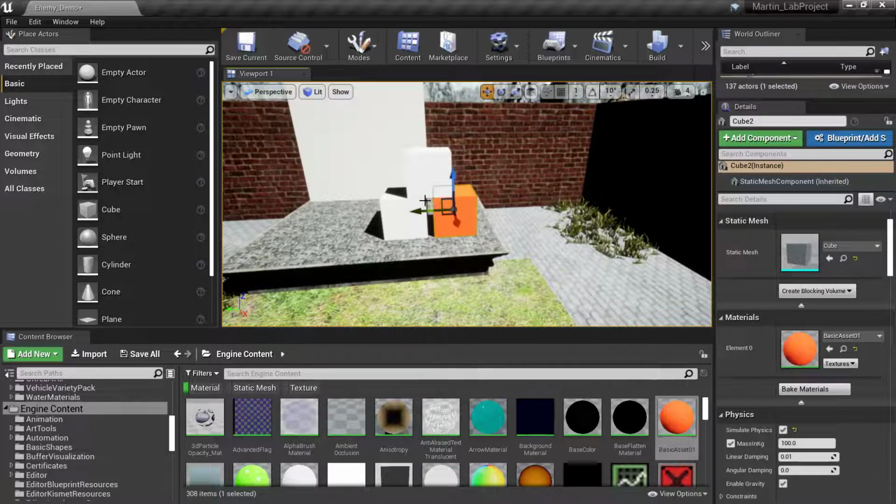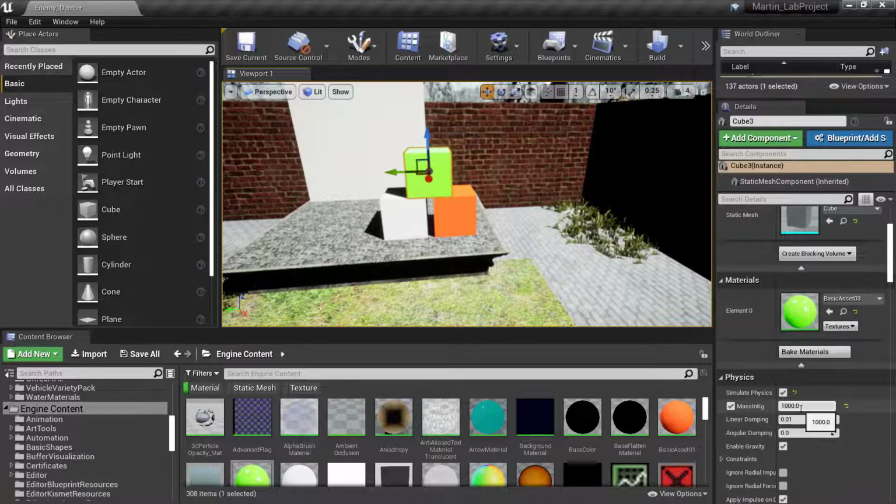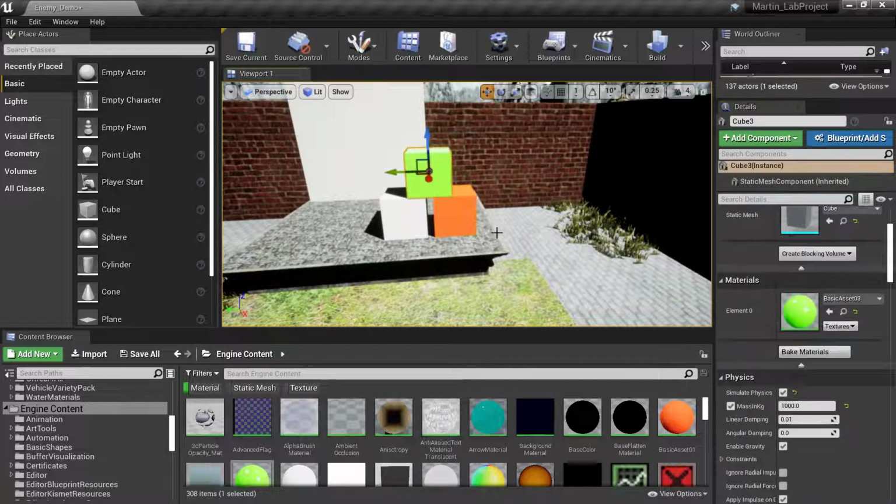So, and then let's go to this one. And on this one, let's say we'll give it that color so we know what it is. And this one's got the 1,000 pounds, right? So 100. 500. Oop, we didn't change the weight. Let's change the weight to 500. And this one's going to be 1,000. Now,